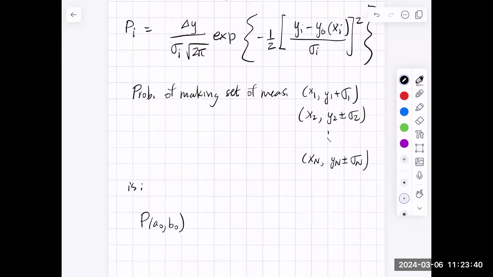Before we wrote these as a function of mu, mu was what we were looking for. This time we're going to look for these two parameters, the slope and intercept. Okay, so it's just going to be the product of all these individual probabilities,